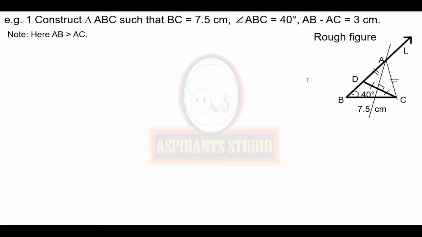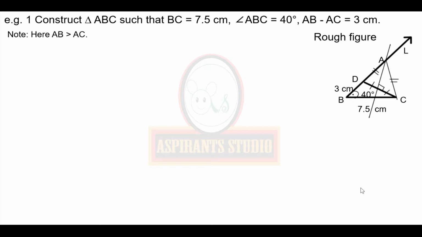So when you draw the arc from B, we have to draw on the ray. We have to cut the ray by taking 3 centimeters. You will get the point D. So we will be joining DC, and DC is the third side here. To segment DC we will draw the perpendicular bisector and then extend it. When you extend the perpendicular bisector to the ray, the point of intersection will become A. This is the point which we were searching for in triangle ABC.